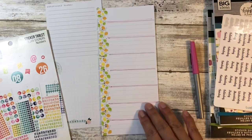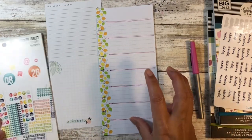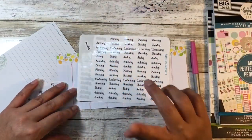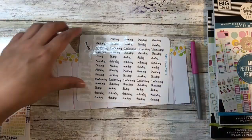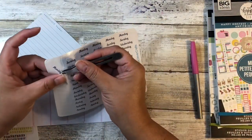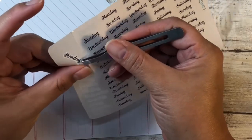So I just decided to freehand it because it was annoying me. And so I will use my date headers, date covers, whatever these things are called, from Lux Clever Crafts, and that is a shop by Rena